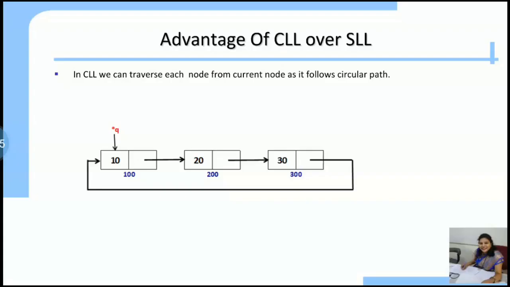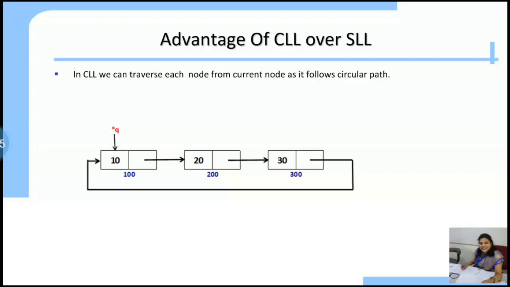The advantages of the circular linked list over the single linked list. As you remember, there is a disadvantage of the single linked list, that it can traverse in only one direction. From the current node we can go forward only, we can't come backward. So from the current node we can access the next node, but not the previous node.